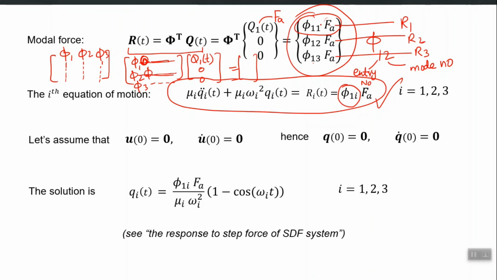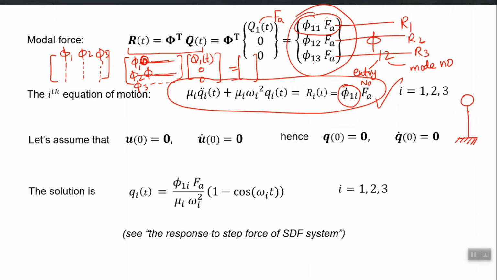So each of the entries in the r vector, r1, r2, r3, is an impulse load. Although actually we had one impulse load applied to the u1 degree of freedom, now we have three modified impulse loads applied to q1, q2 and q3, right? So this equation, I write again and keep on writing again, is an equation of a hypothetical